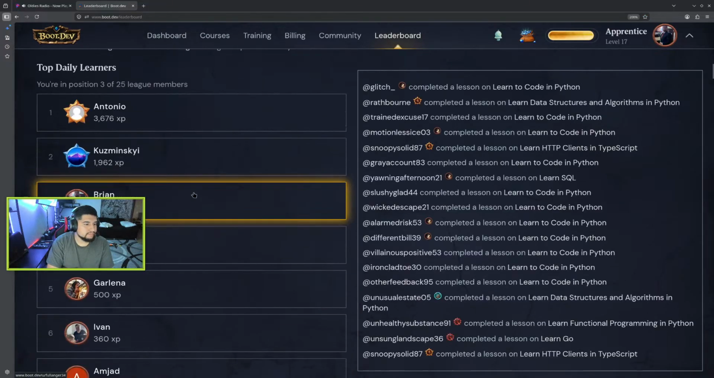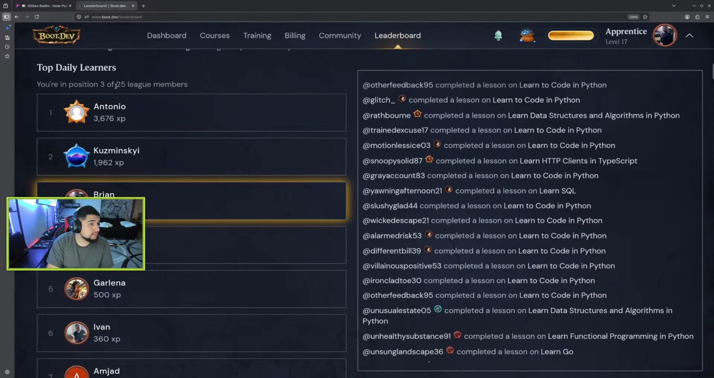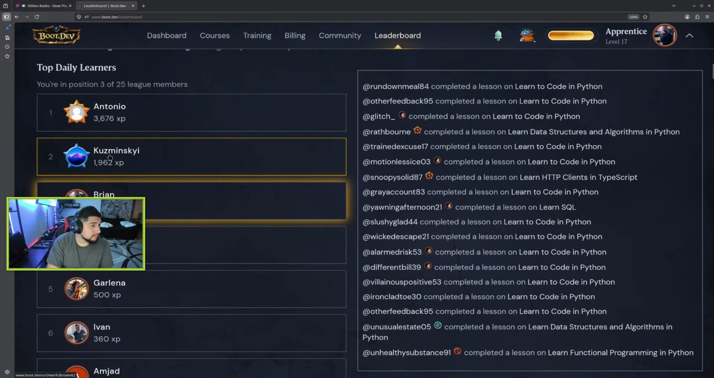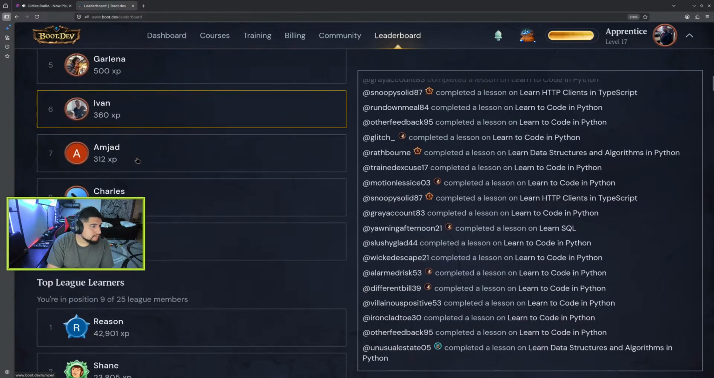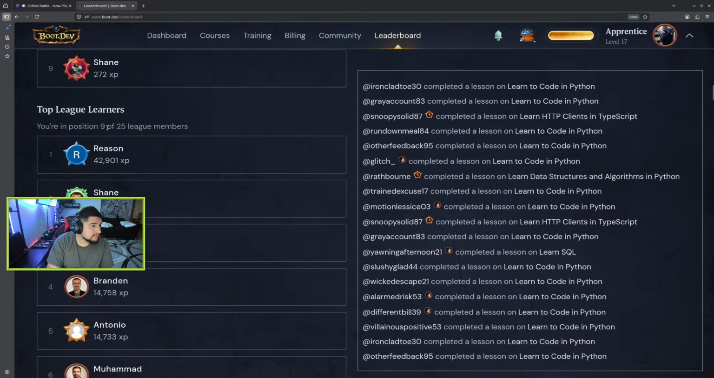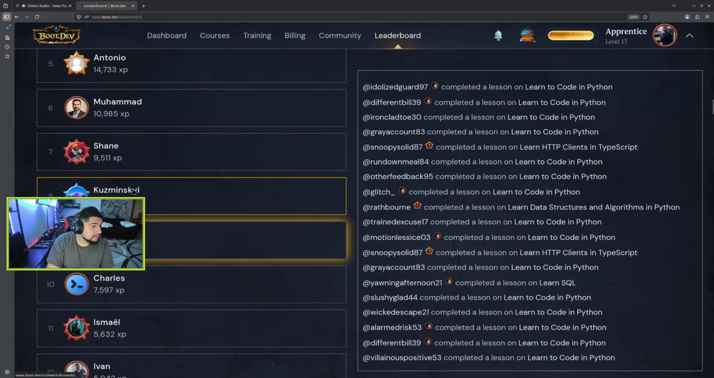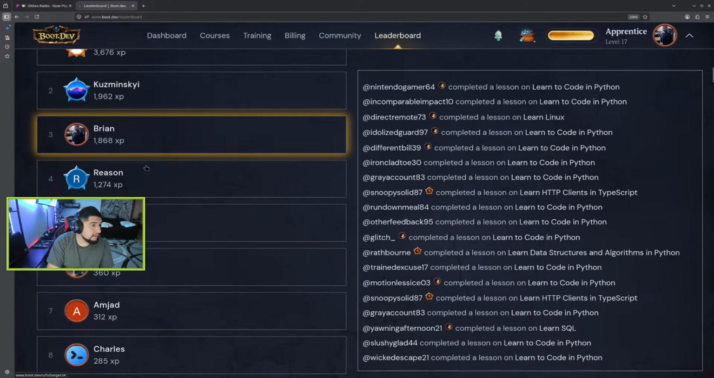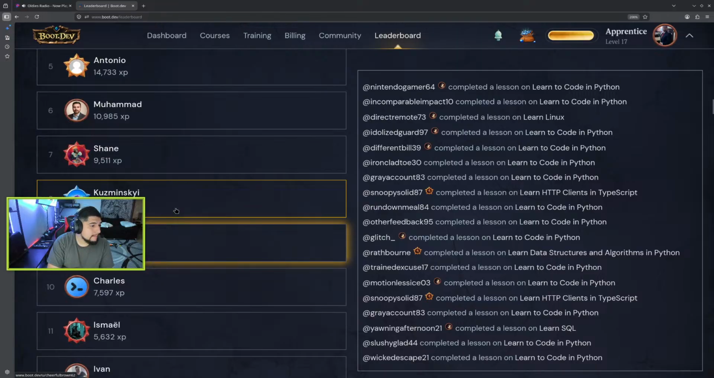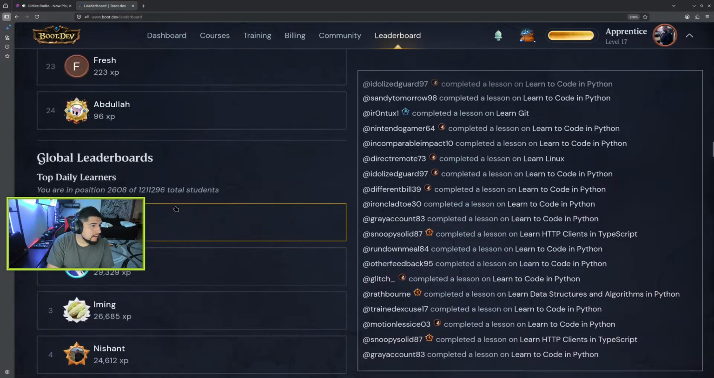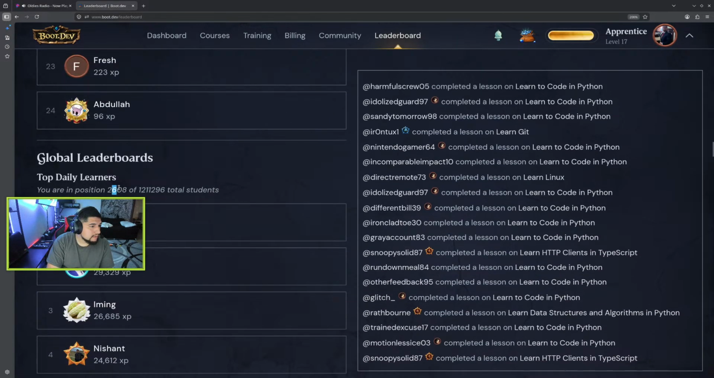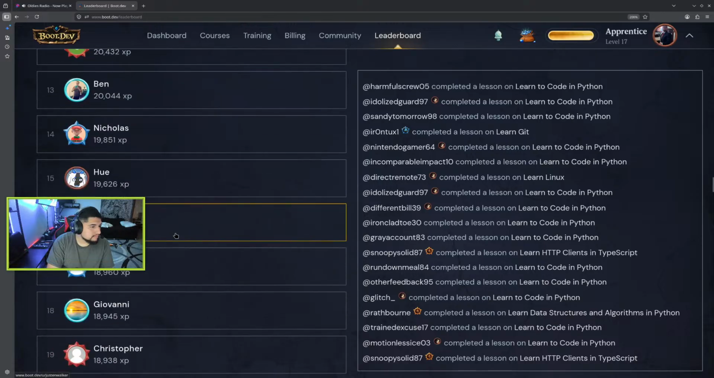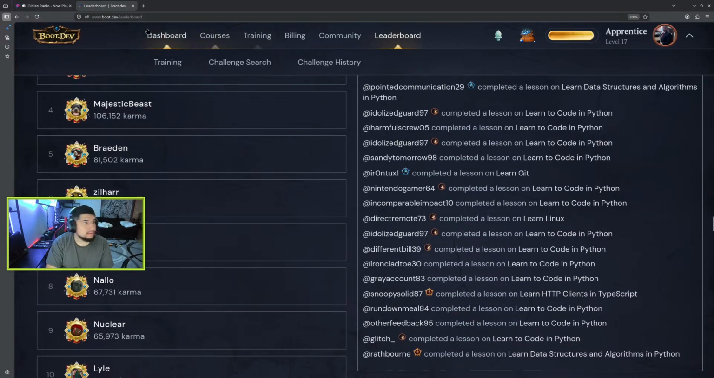Leaderboard. Let's see where we're at. You're in position 3 of 25 league members. So, Kuzminski is still ahead. You're position 9 of 25. So I went up on this one. I went down on this one by 1. And of course. Anyways,